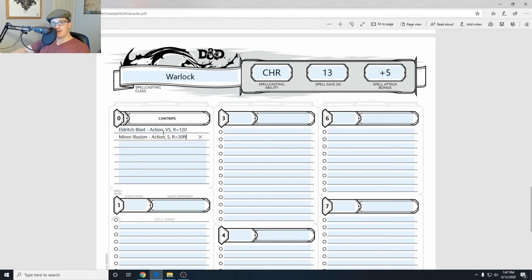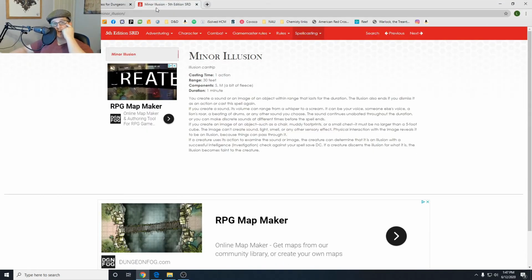and then Minor Illusion is an action. Now, Minor Illusion typically has somatic and material components. However, if we go ahead and look at our Minor Illusion spell, it says just a bit of fleece. So a bit of fleece is a material component that would be covered by a component pouch and doesn't cost anything to use. And if you're using an arcane focus